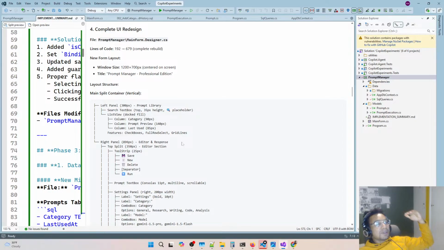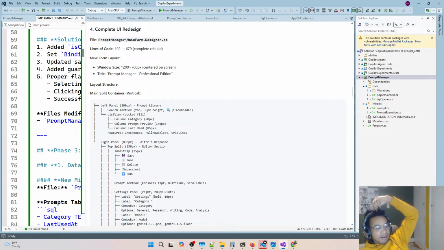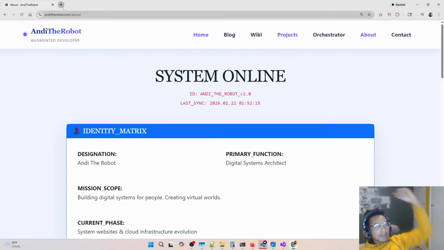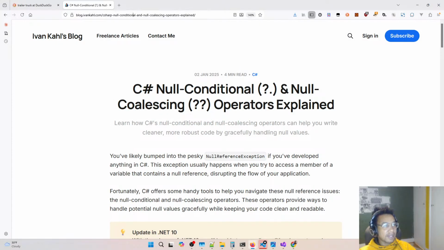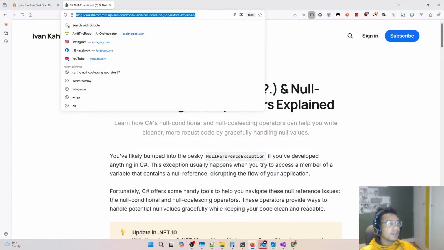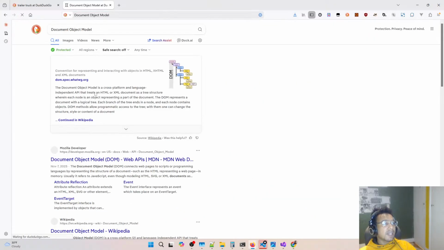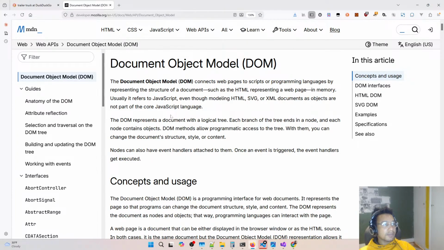A layout structure is kind of like the document object model. The document object model, as you already know, is a logical tree. Each branch in the tree